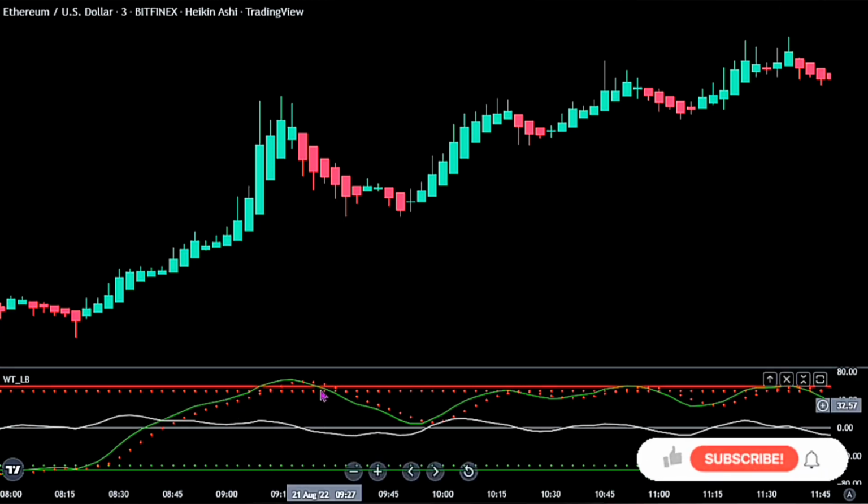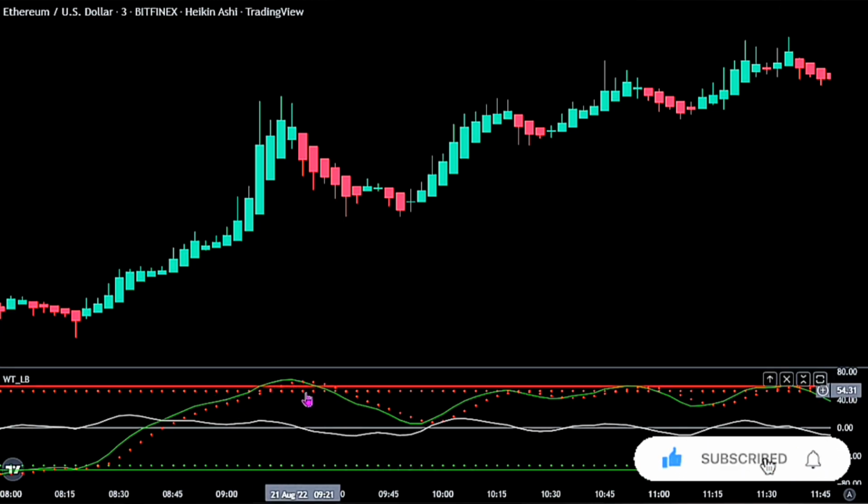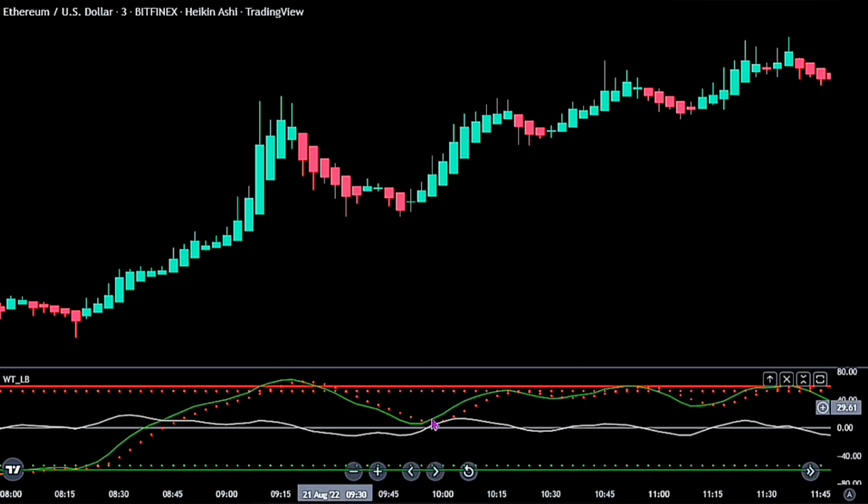Please, we don't open a trade once the cross happens above the overbought zone, or when it happens on the overbought levels, as we try to avoid these types of trades. And for our next entry points, we need the red and green MA to cross below the 0 line before